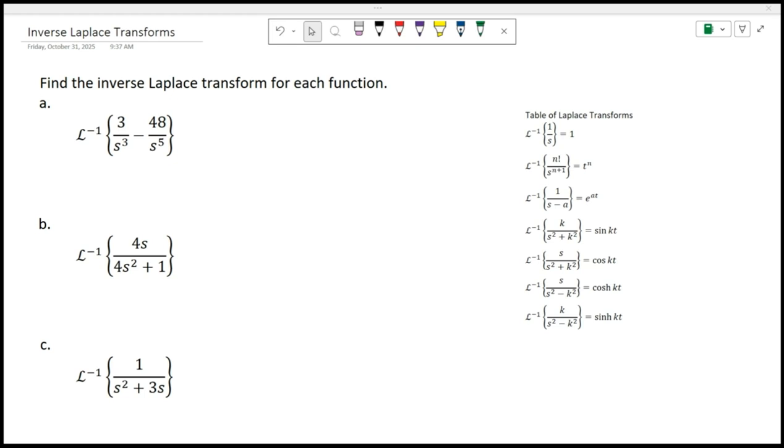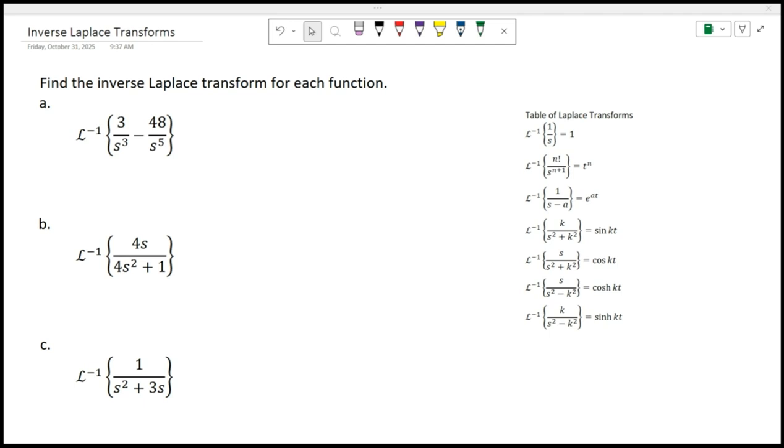Hey there. In this video, we are going to apply an inverse Laplace transform to a few different functions using the table of Laplace transforms. I've got the table of formulas here of what I get from taking the inverse Laplace of some really common functions, and we're going to use those to evaluate each one of these functions. So the first one, I want to find the inverse Laplace of 3 over s cubed minus 48 over s